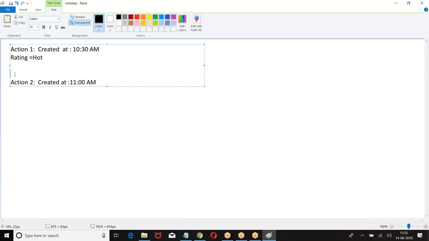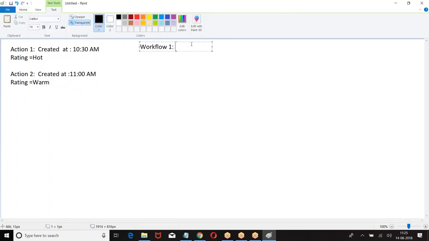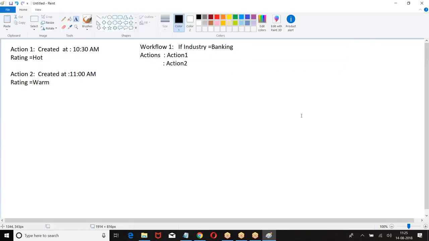Right. So rating equal to. These are the two actions. Now I have workflow 1. What is that workflow 1? If industry equal to banking, then actions, action 1. These are the actions which are added.